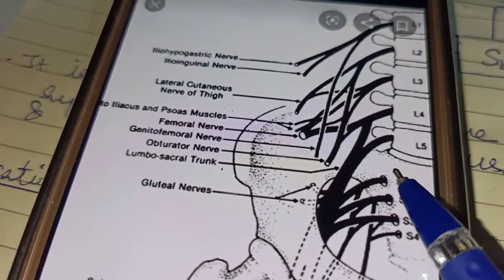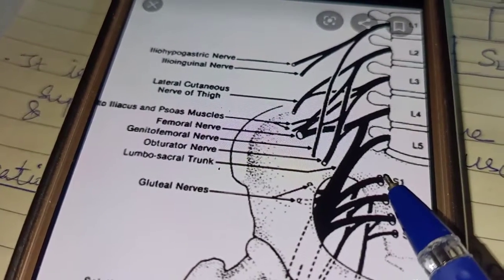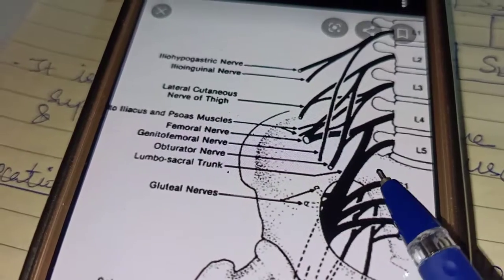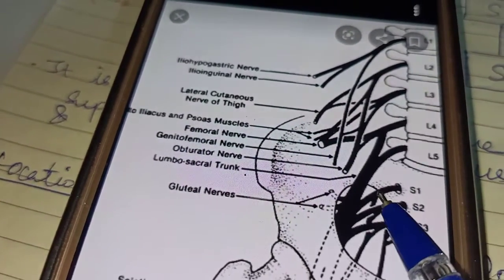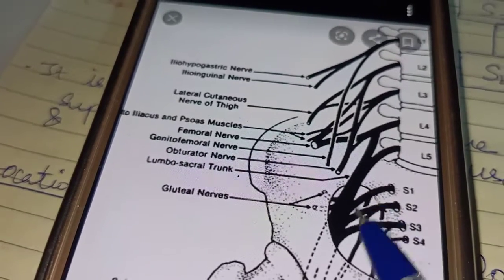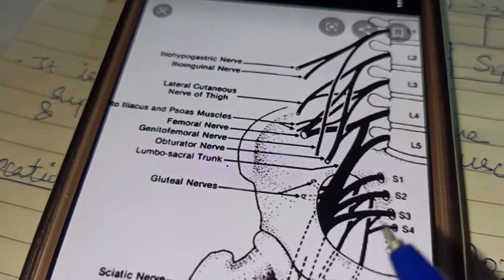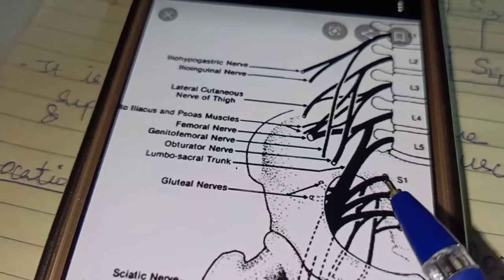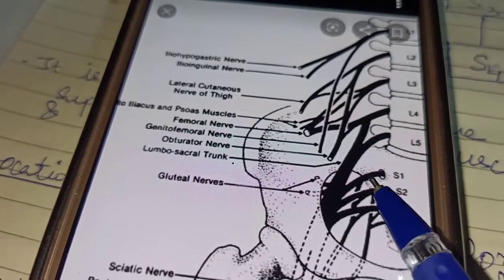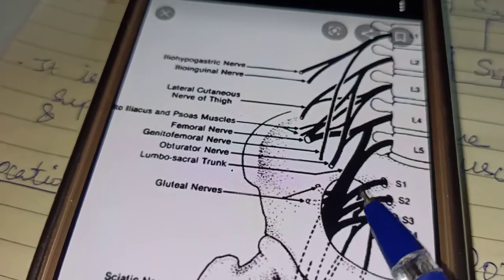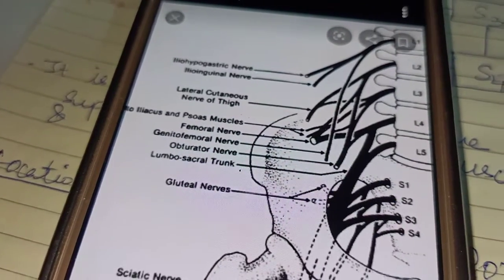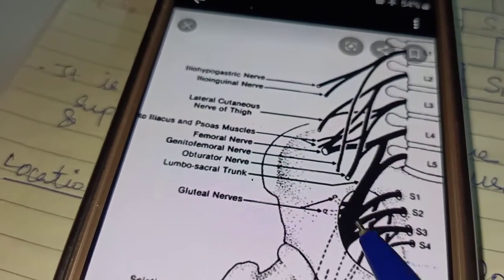As the nerve comes, it has anterior division and posterior division. Again, the anterior division is divided into ventral and dorsal. Clear? So anterior rami of S1, S2, S3, S4 have both ventral and dorsal division, which come together to